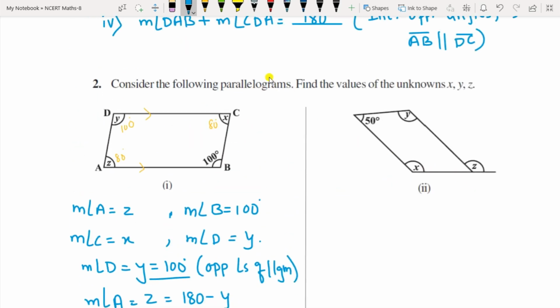Now in this one here, you can see this is 50. For this parallelogram, this is the opposite angle, so this is also 50 here. Now subtract 180 from this. So 180 minus 50, you get 130. And now this is a parallelogram, so this is parallel, and this is forming C here. So 180 minus 50 gives you 130 here. And since this is opposite to this one, this will also be 130. So now write the statements.